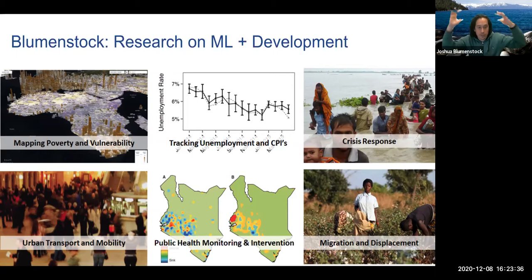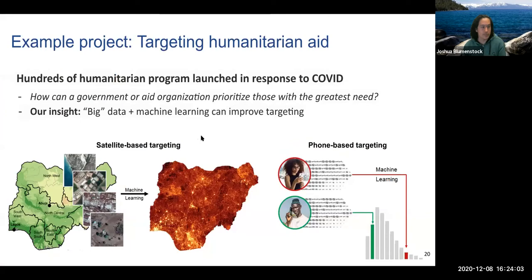One is orbiting things, remote sensing, satellite imagery, night lights, and so forth. And the other is through mobile phone networks. And so what you see is a lot of really promising and powerful applications that take the data generated by those new sensors and new technologies and use them to provide insights, not just into social science research, but also into policy. So maybe next slide, I'll talk about one concrete example.